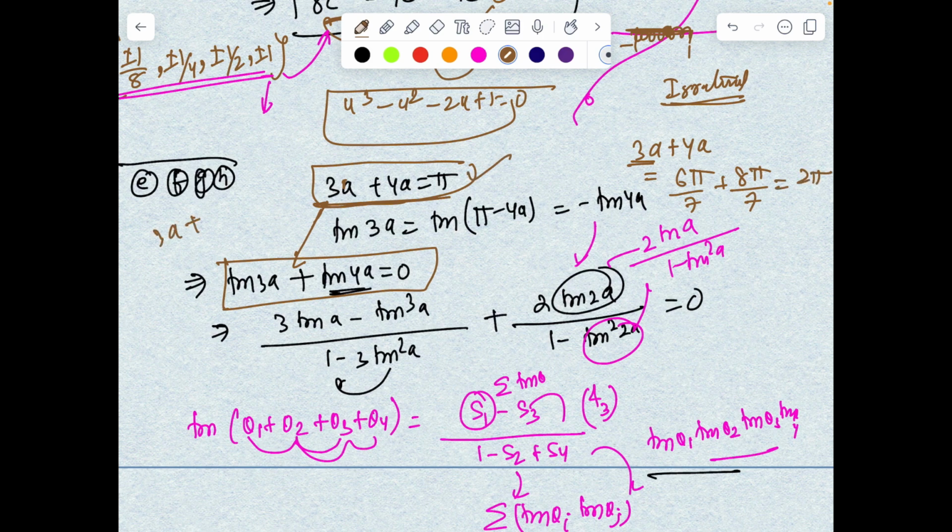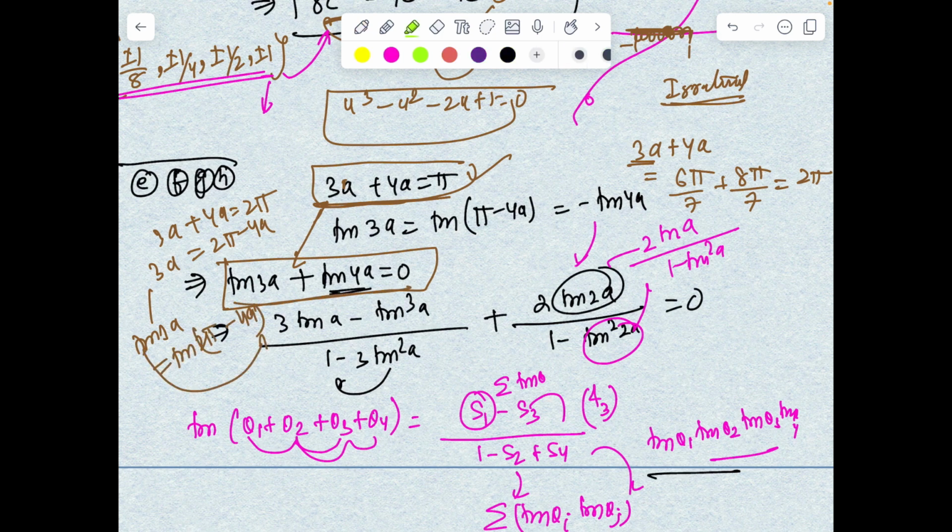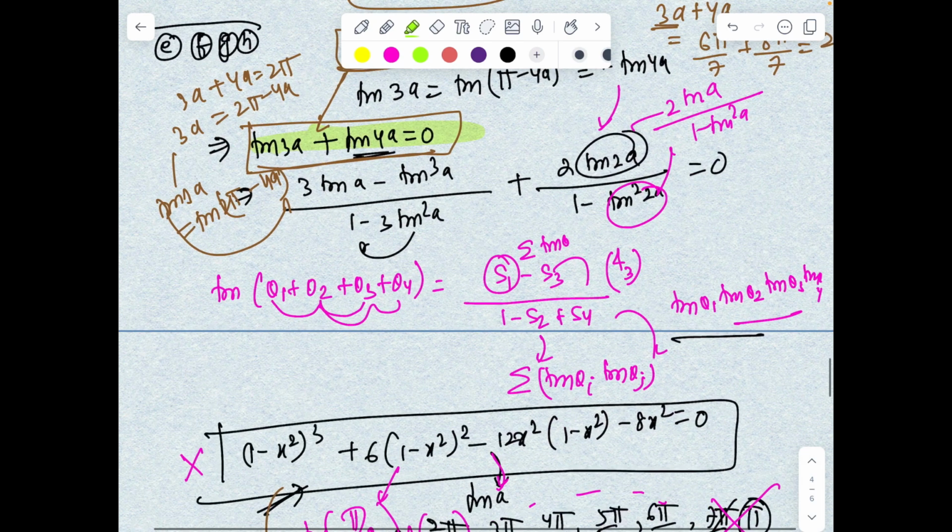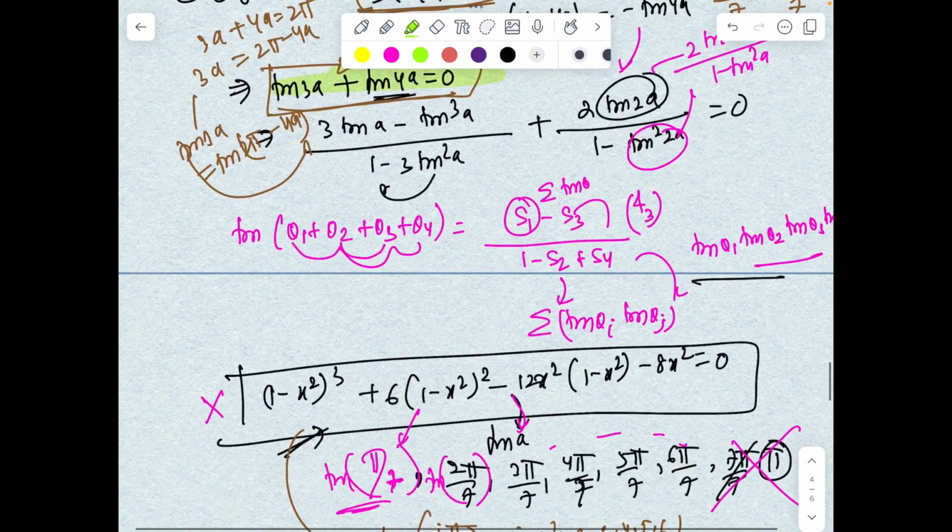So if instead, someone would have started with 3a plus 4a equals 2π, then we will get 3a equals 2π minus 4a, तो फिर tan 3a equals tan of (2π minus 4a)। फिर यहाँ पे भी तो सेम इक्वेशन बन रहा है tan 3a plus tan 4a equals 0।